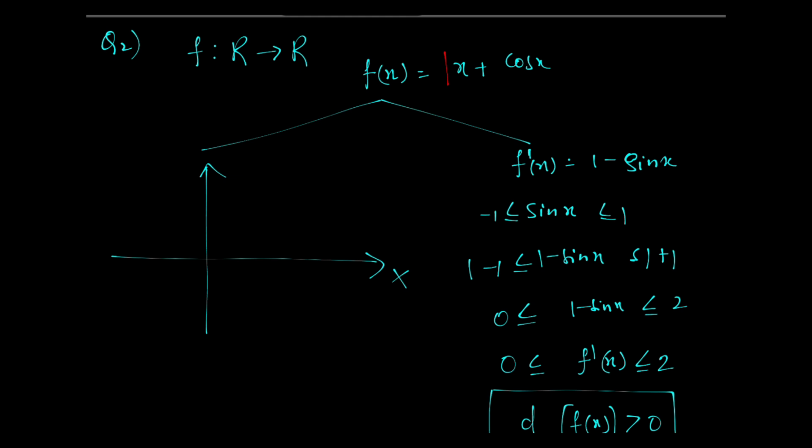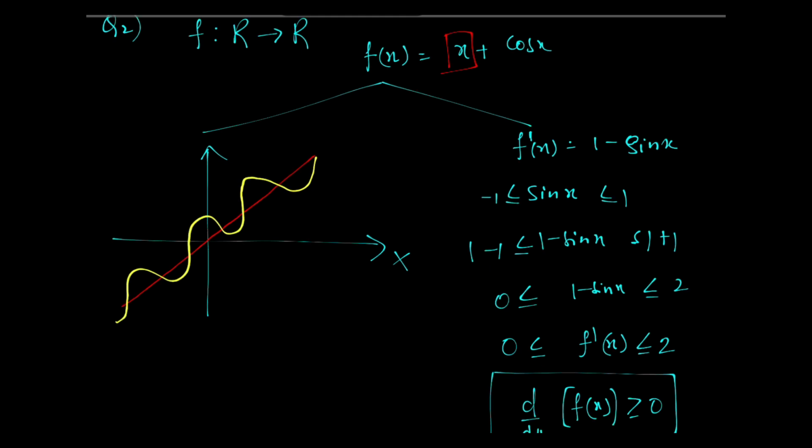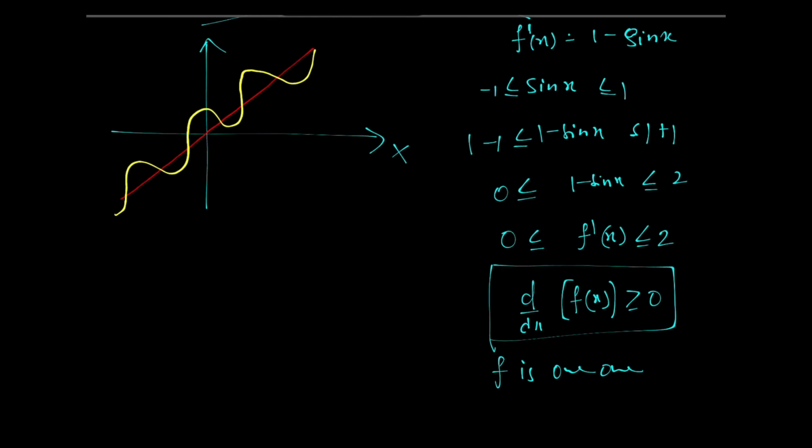Here it was mentioned, the first function is y equal to x, and the second function is cos x. Cos x is moving along with this y equal to x line, like this. So I can write down overall the function,